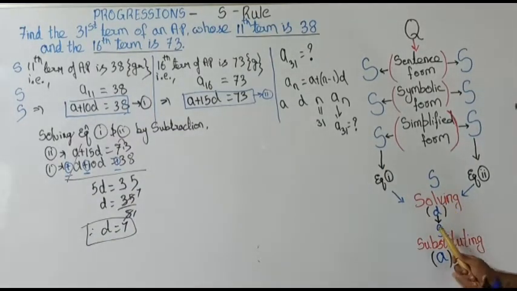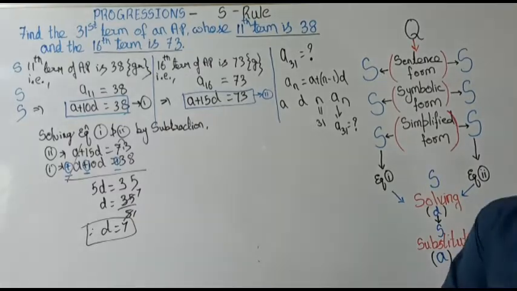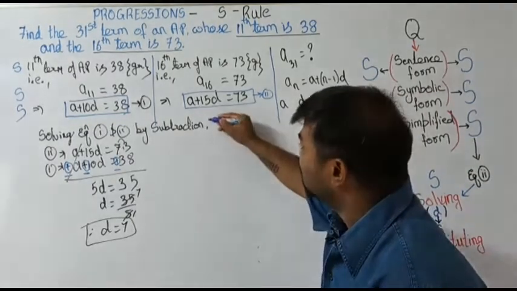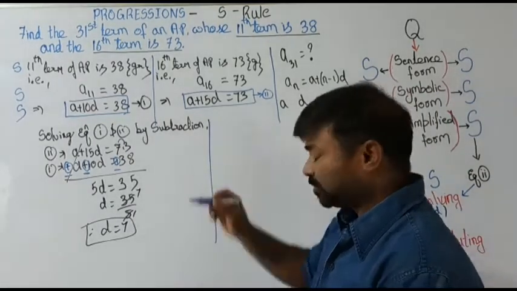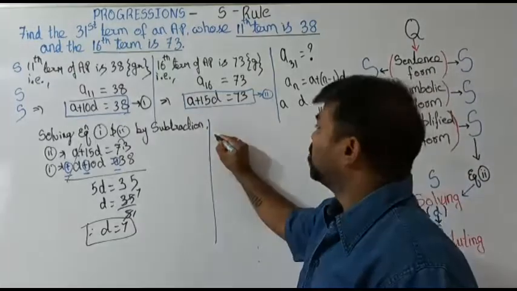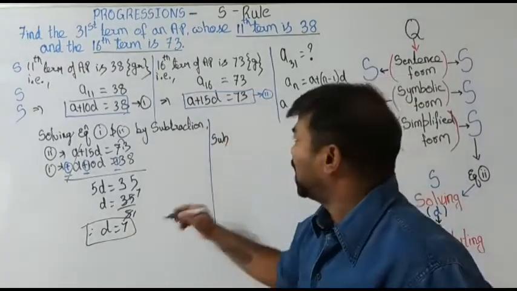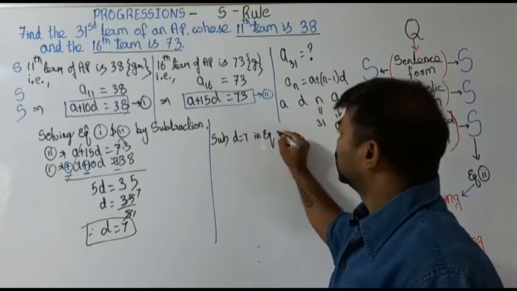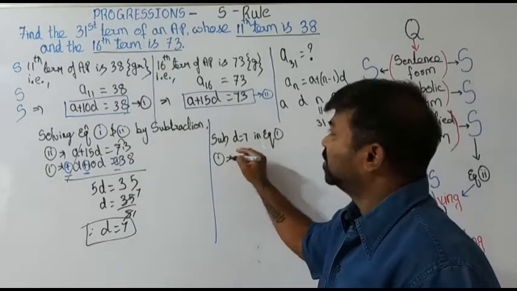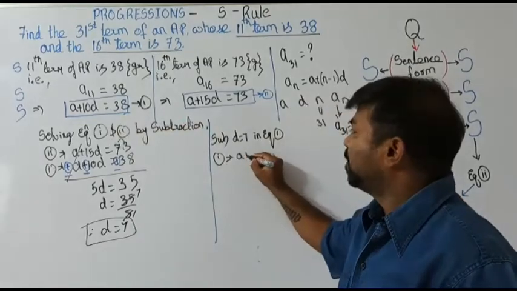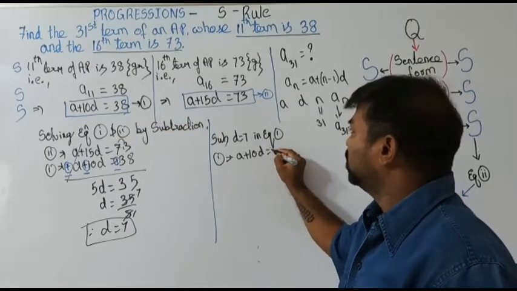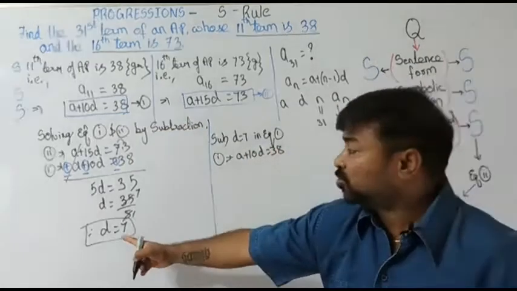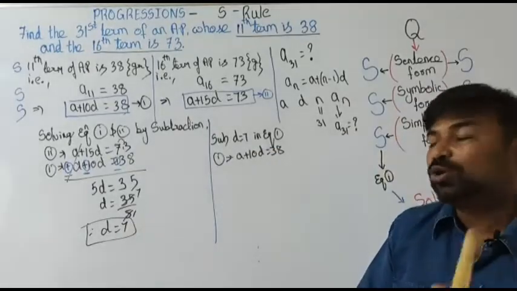After getting the value, one more step. That is nothing but substituting. We are going for the substitution now. Right? Substituting B equals 7 in equation 1. What's that first equation? The easiest one. A plus 10B equals 38. Let us substitute the value of B in that one to get the value of A.